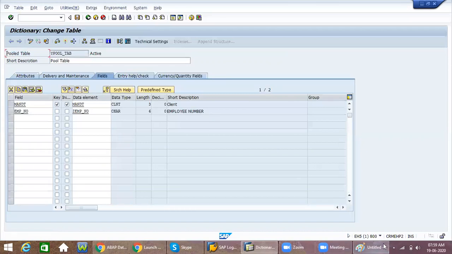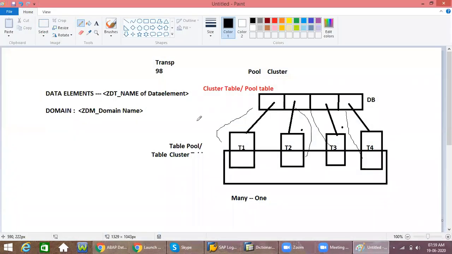The only difference between a pool table and a cluster table is this: whenever a pool is there, wherever you assign that pool table, it will go and sit there. Even the same table, if you assign it in this area, it will come. But whenever you are creating cluster tables, the key plays the role. A clear difference is that some key is there.